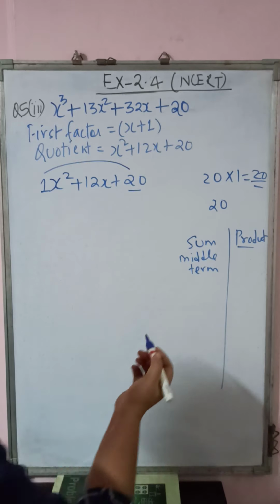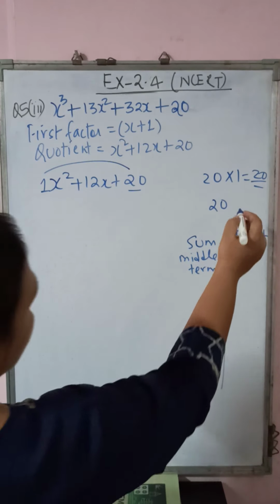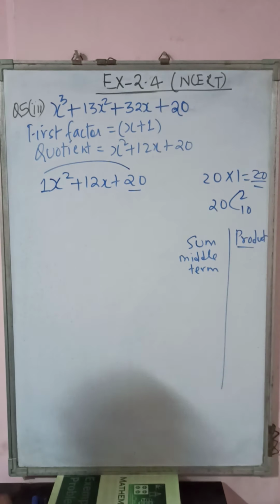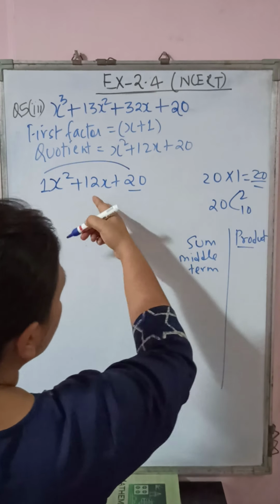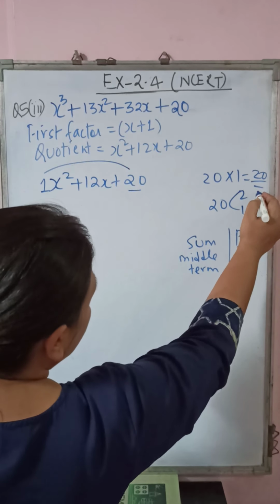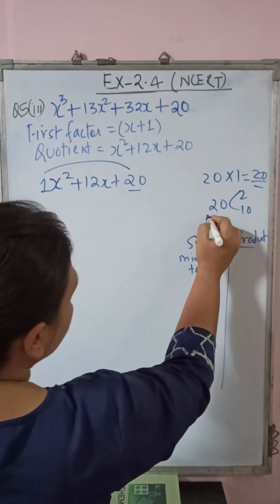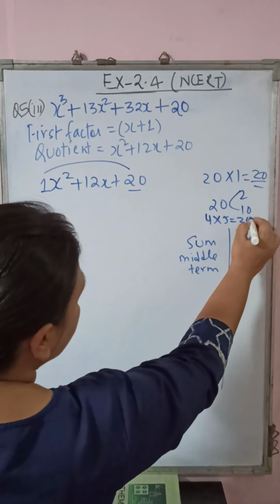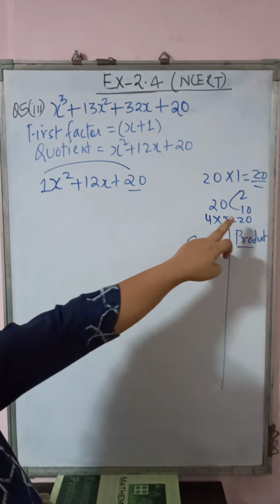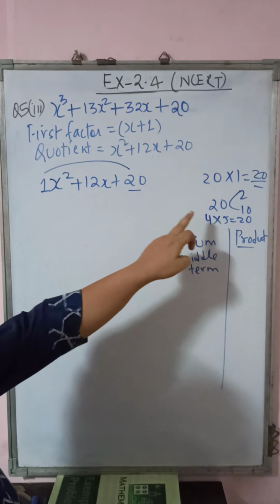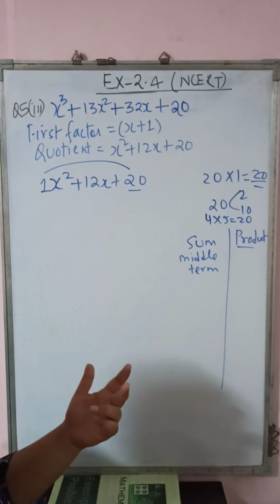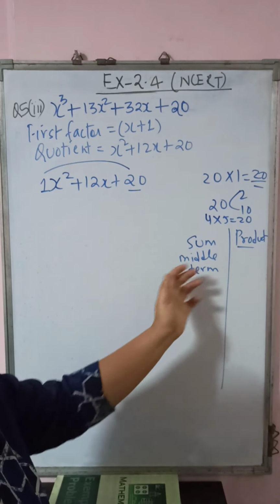Okay, now trial and error. What are the factors of 20? So 20 I can write like 10 twos are 20, or I need 12 in the center. Okay, so I can also write 10 into 2, 4 into 5. The next set of numbers, 4 into 5, is also 20. But this is just an example, trial and error again. So 4 into 5 you will get 20, the last term. But when you add 4 plus 5, will you get the middle term? No.